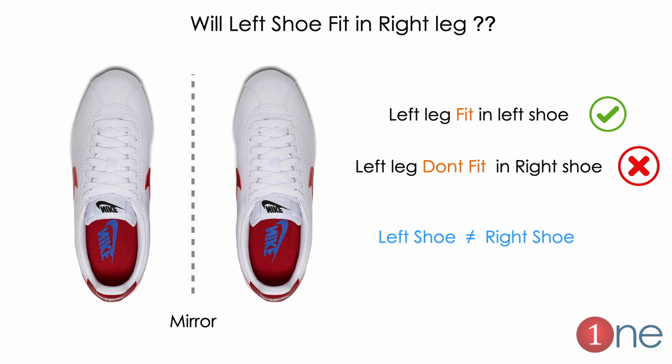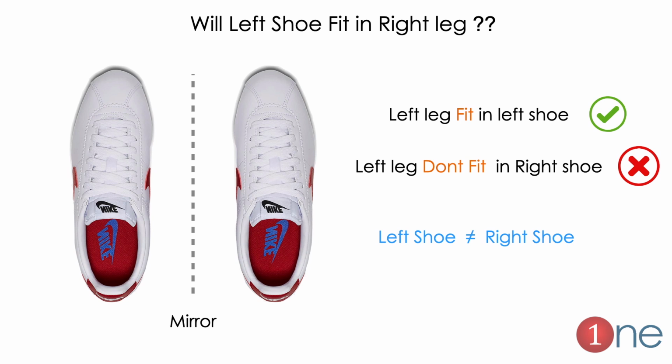So what is this R and S all about? It is about the arrangement. Let us see from a real life example. We have a pair of shoes here. One shoe is for the left leg, one shoe is for the right leg. Everybody knows the left shoe only fits the left leg. The left shoe never fits the right leg, or the right shoe never fits the left leg. Why is this so? Because of its arrangement.